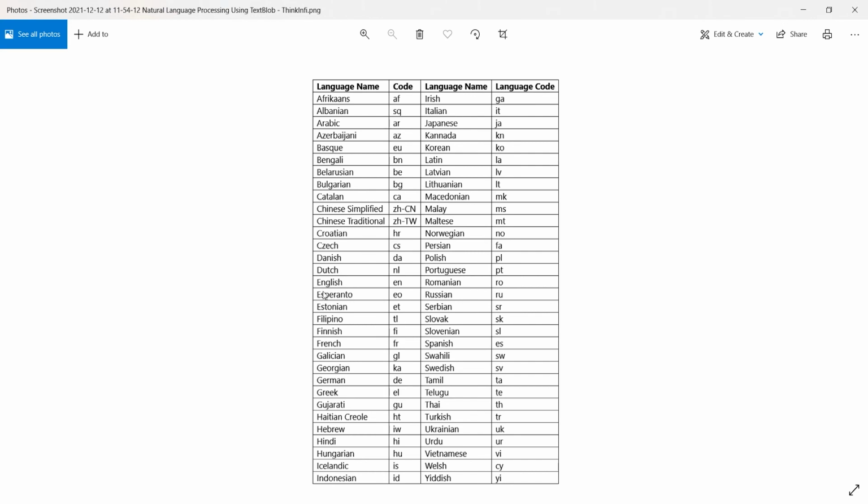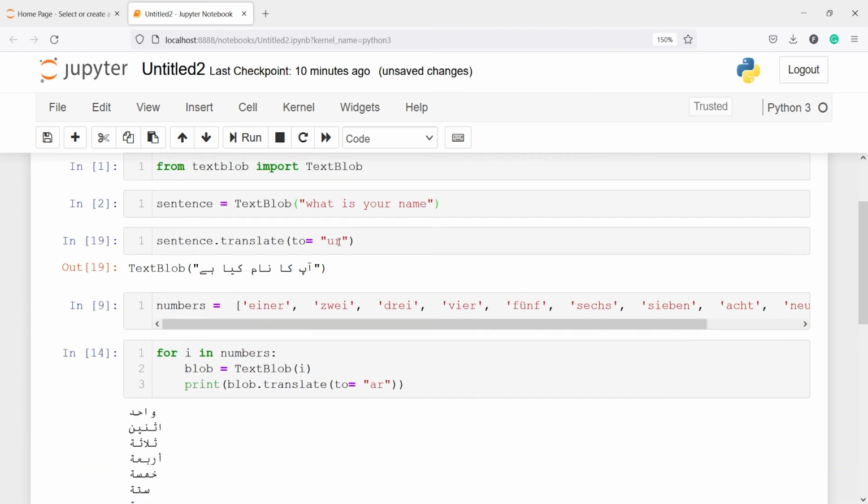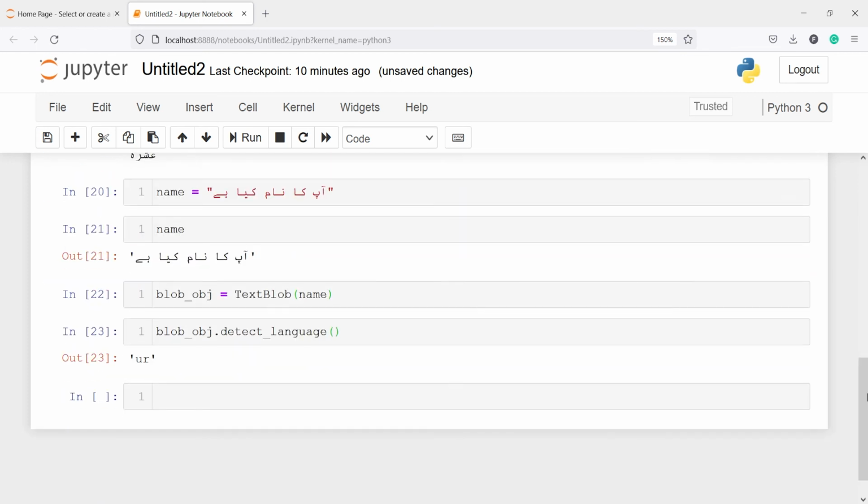Let's say we will convert this into Korean, so I will write here KO. So we will put here KO, and here you will see this is in Korean language, and I will copy this output from here and paste it here.